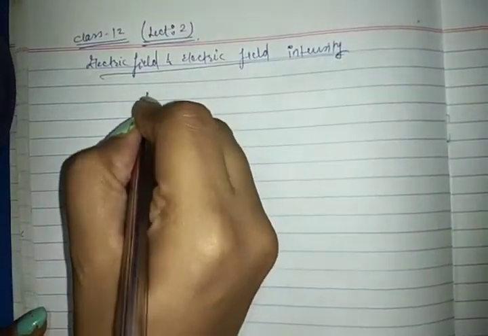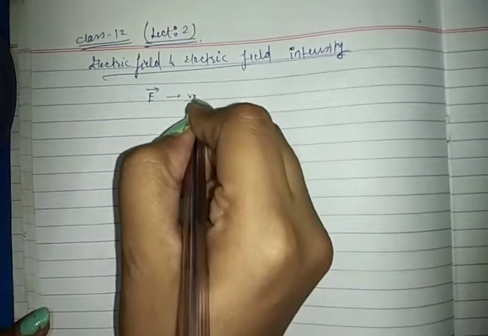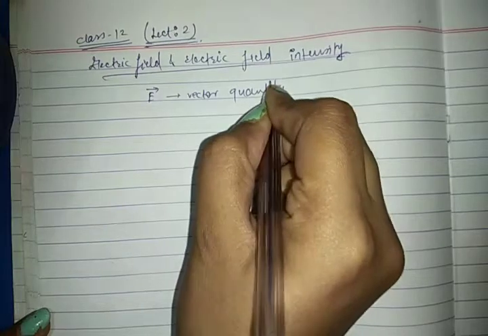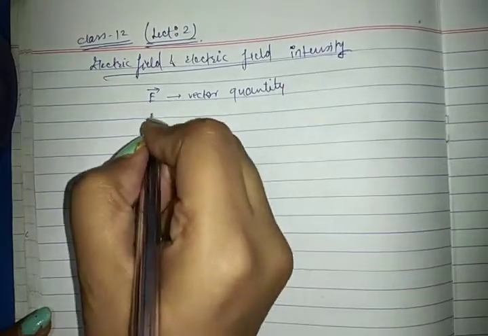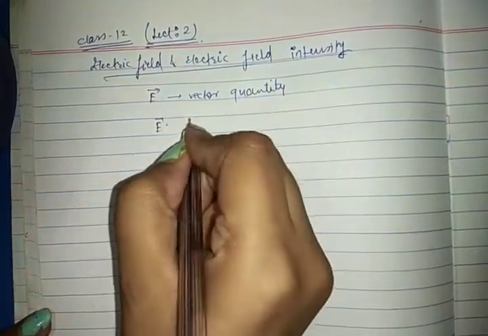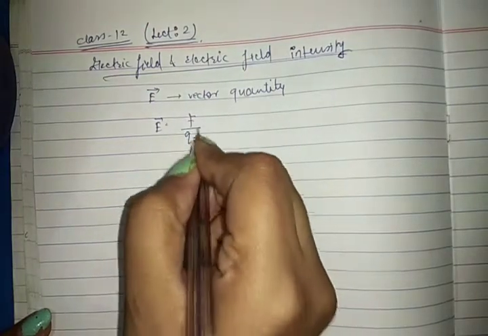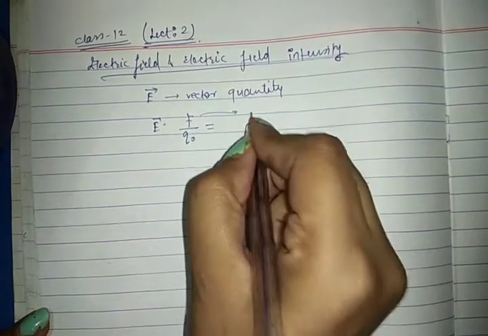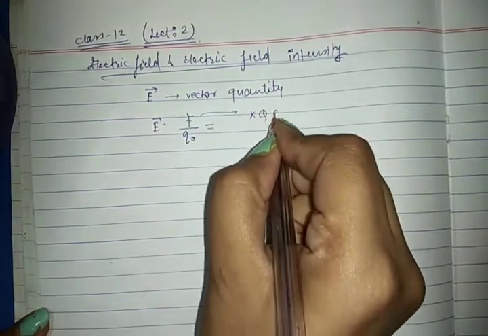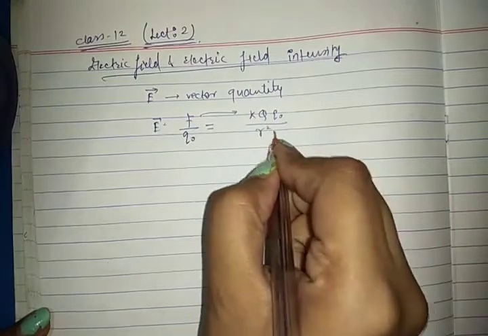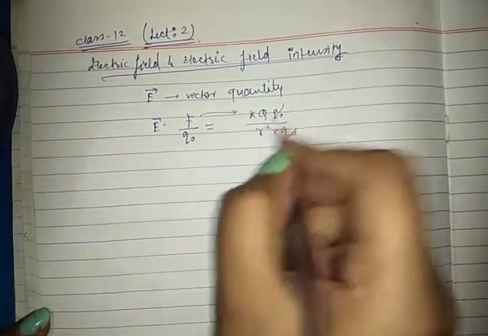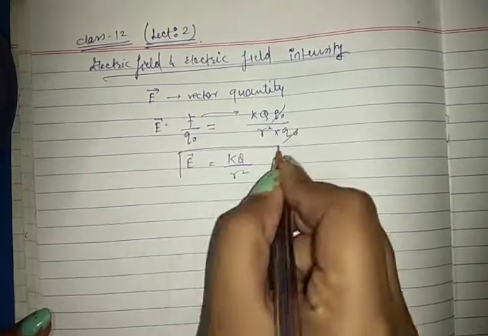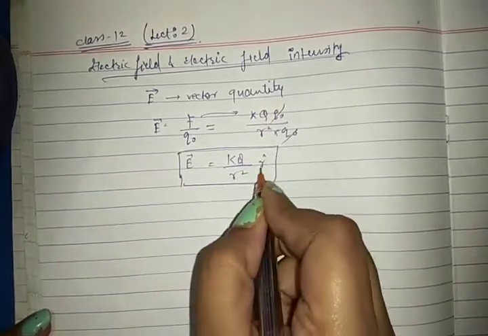We have seen that electric field is a vector quantity, and the formula for electric field is F upon Q naught, where Q naught is the test charge. F here is the Coulomb's force, K Q Q naught upon R square, divided by Q naught. Q naught gets cancelled. So the formula for electric field will be E equals KQ upon R square R cap,